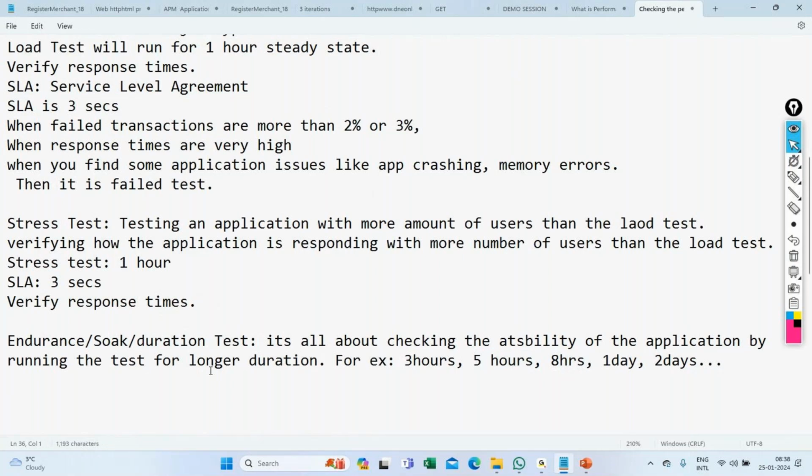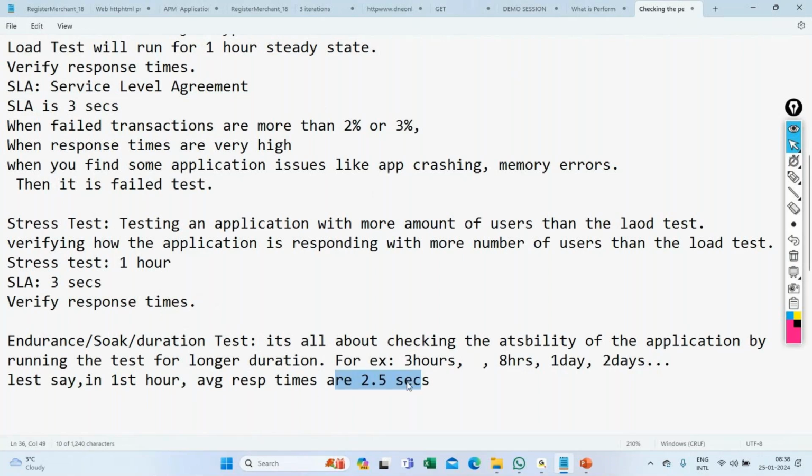So let's say in the first 1 hour, on an average, I'm just telling on an average, response times are like 2.5 seconds. So let's say we are running for 5 hours. In the first 1 hour, on an average, we are getting 2.5 seconds. Obviously, in the second hour,